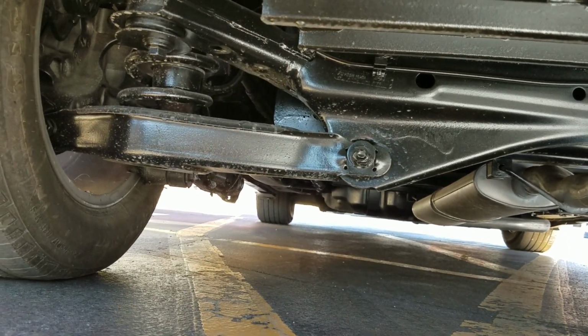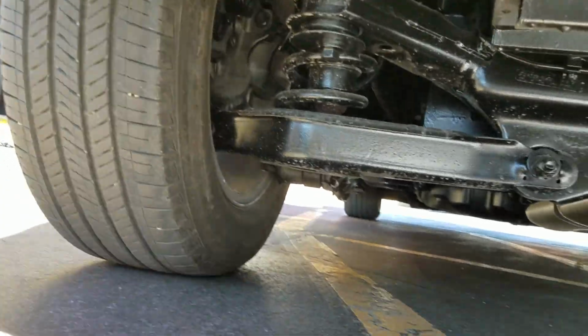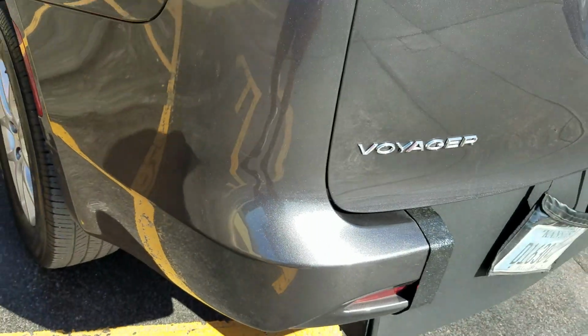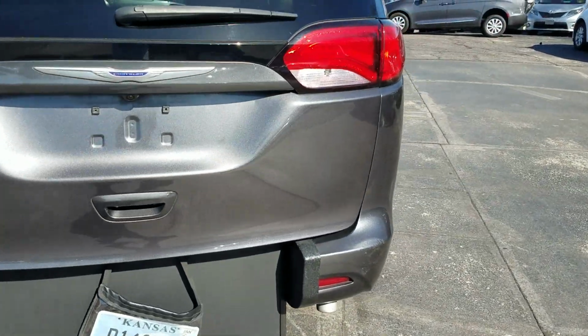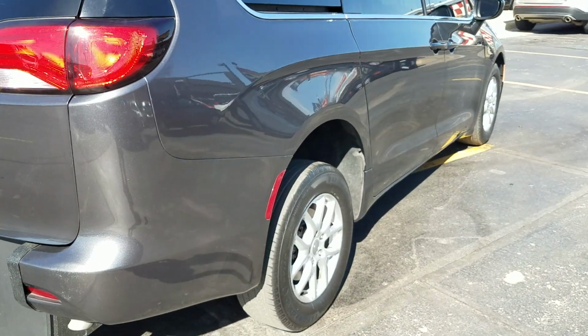Do they get on their hands and knees and crawl on the ground and get detailed pictures, much less a detailed video of the undercarriage, so you can see there's no water damage under here? That frame's nice and straight. It's never been in a bad accident. So when it comes to not only price, when it comes to thoroughness, and when it comes to reputation, I want you to compare me to the competition and tell me what happens if you end up dealing with somebody